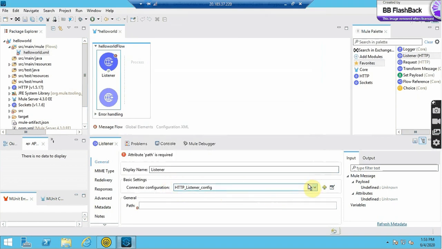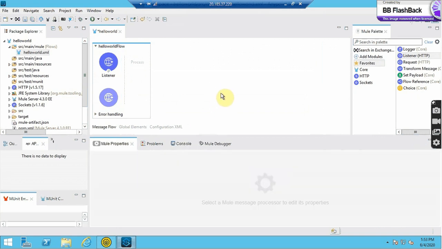Here we have just configured port and protocol. The remaining thing, that is the path, we will configure here. I am providing hello world. So it's done. Now in this programming we just want to print hello world.